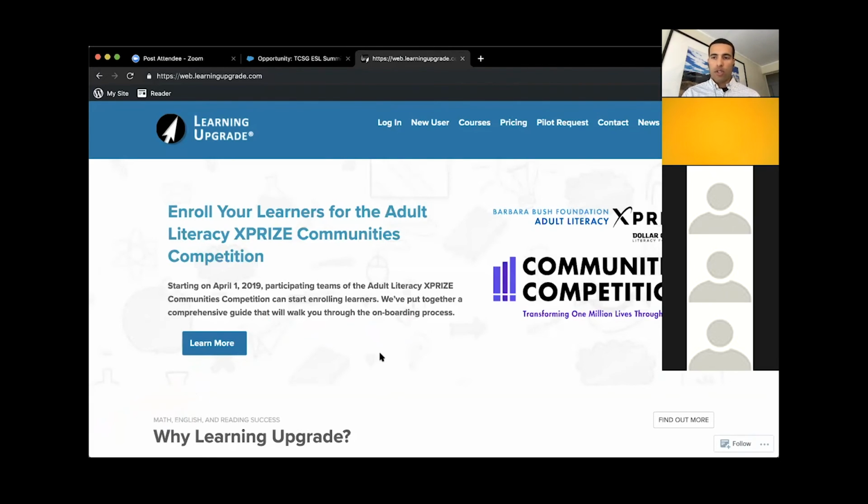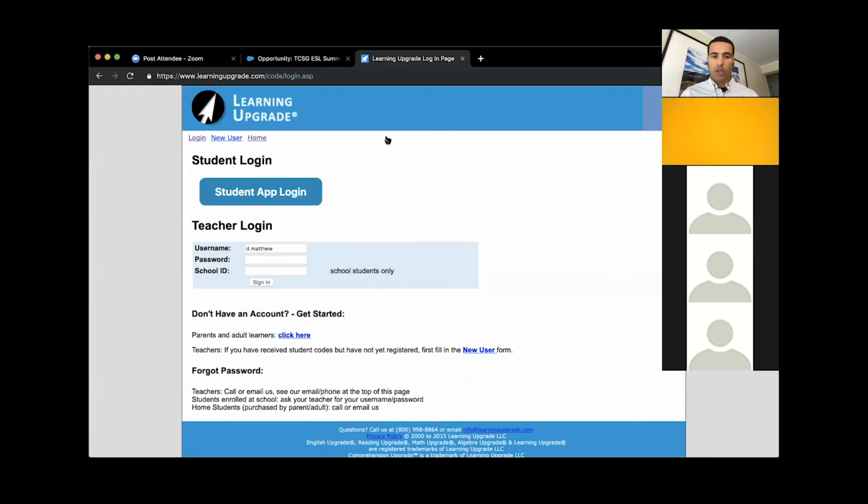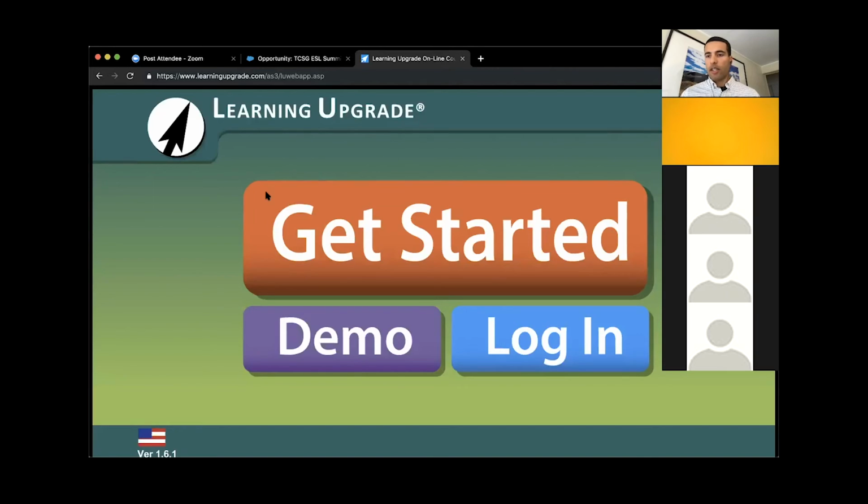Once they get that username and password, they can just go to learningupgrade.com. And just like you as a teacher, when you log into your tracking account, you click Login. When you click Login, you have your username, password, and school ID as a teacher for the teacher login. But the student can just click Student App Login, and it's going to look exactly like it does on their